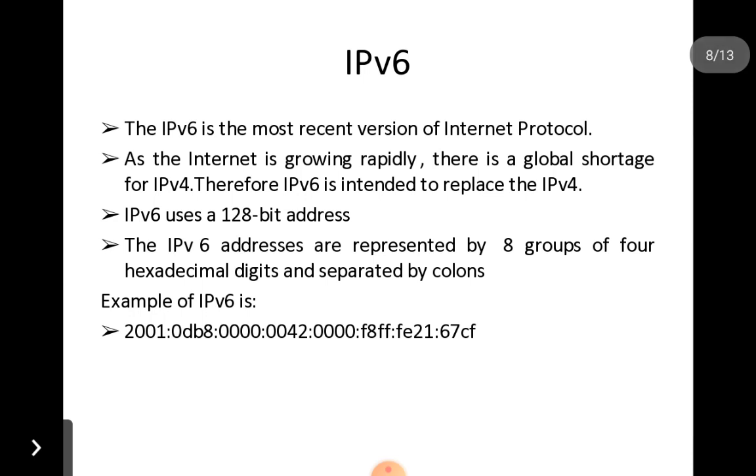Now I am going to discuss IPv6, Internet Protocol version 6. IPv6 is the most recent version of the Internet Protocol. As the Internet is growing rapidly, there is a global shortage of IPv4 addresses. Therefore, we replace IPv4. IPv6 uses a 128-bit address. IPv6 addresses are represented by 8 groups of 4 hexadecimal digits separated by colons. An example of the IPv6 format is given as